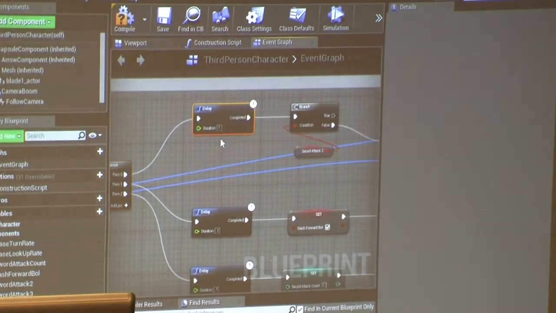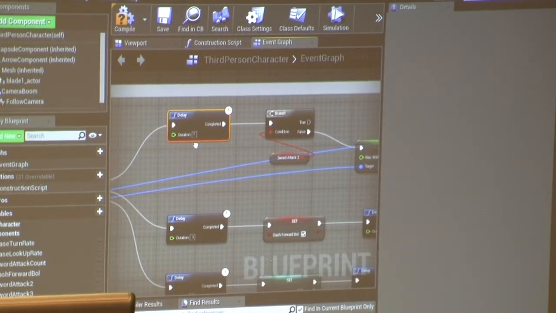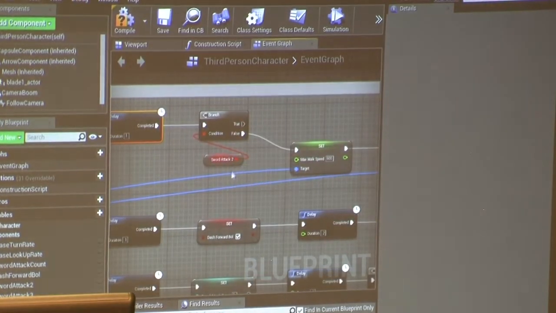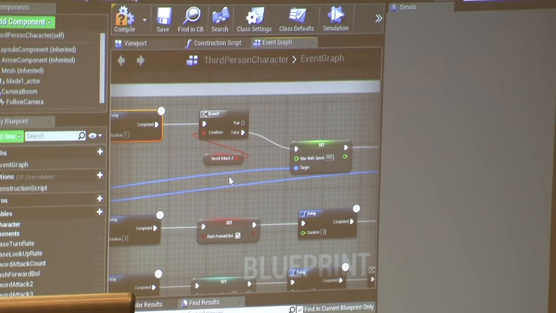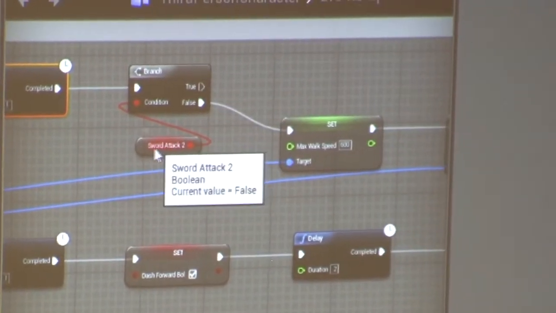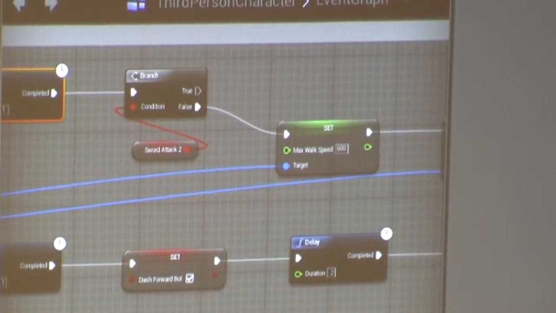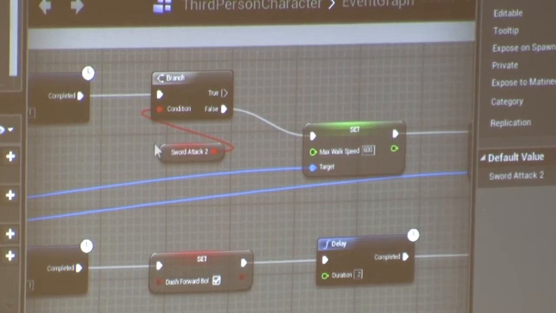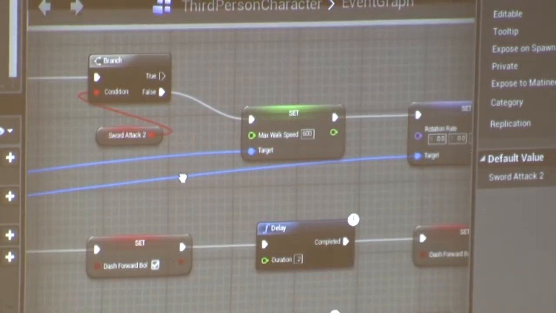Then I create a delay for 1 second, because that's how much the animation lasts. And this is setting up for a second attack, for a 2-hit combo. Let's say, well, I set it up for 3 hit. So I created another boolean. It says sword attack 2, and I started it off as false. So it's saying if it's false, which it is at the beginning,